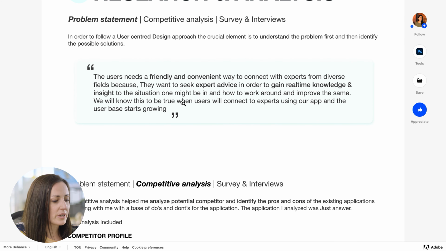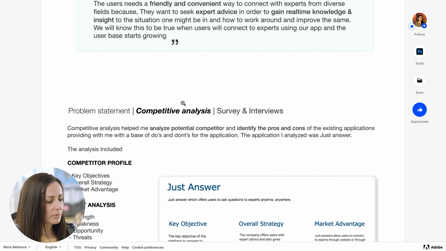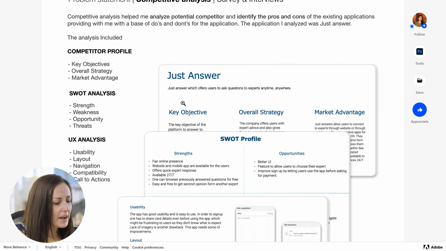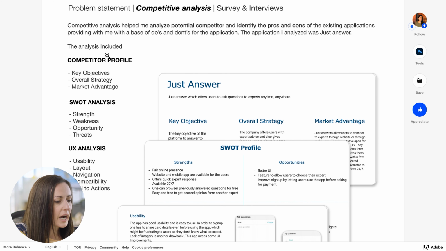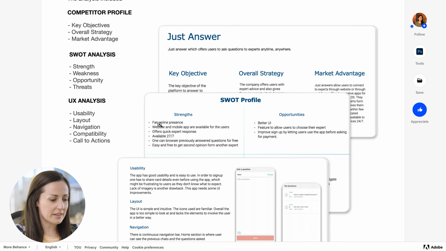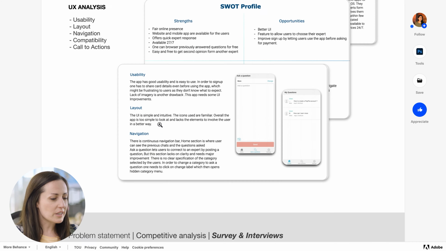And then we go into the definition of the problem statement and more information about that. This competitive analysis was done with competitor profile, SWOT, strengths, weaknesses, opportunities, and threats analysis, and UX analysis of some other tools. So this was done.